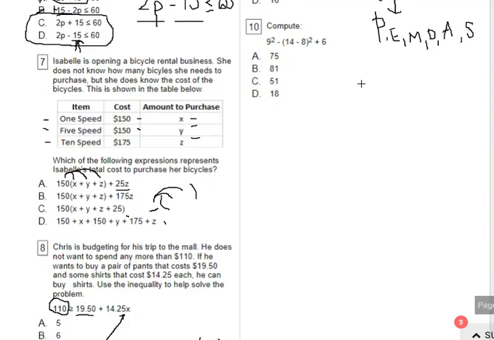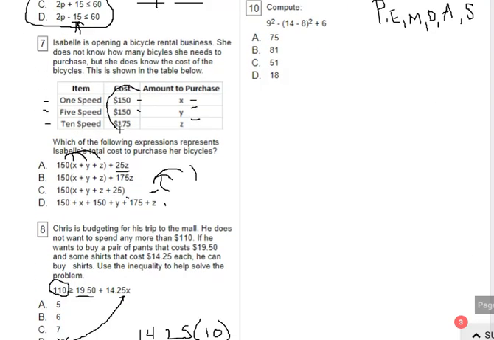Number 7, you want to focus on, once again, the cost. Those will be numbers. These are different objects. And then you can see that they represent X, Y, and Z for the quantity of bikes purchased. A, B, C, and D all are quite similar. This is really tricky. So if you really read this multiple times, this is probably the most important information,